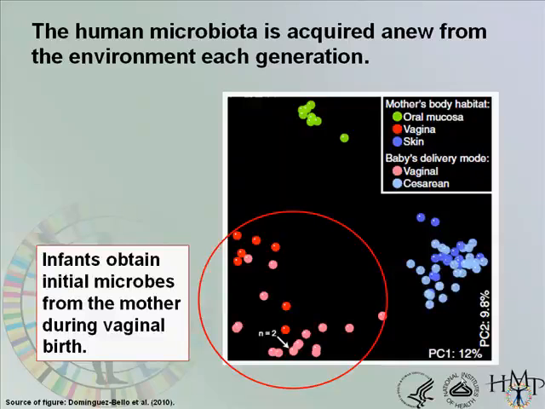However, babies are kind of a microbe magnet. And the reason I want to point that out is even when they're born cesarean, okay, they still pick up microbes. So here's the example where the baby was born by cesarean, and the main inoculum for that baby is from the skin. Now, the skin is not necessarily the mother's skin. It could be actually anybody who's handling the child. So that's point number one about the development of the microbiome.